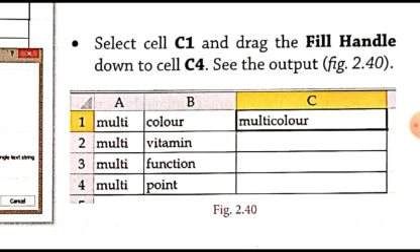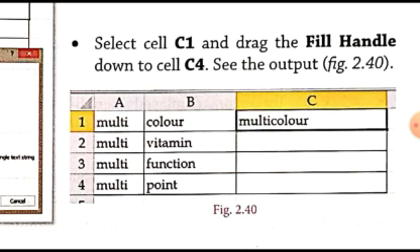But we want to use this formula in other cells also. How can we do that? We can copy this formula to other cells by dragging the fill handle. By dragging the fill handle, we can copy and paste the same formula into other cells. Currently this formula has been entered in the cell C1, so we will select the cell C1 and drag the fill handle down to the cell C4. The formula which was previously only in cell C1 will now be copied to the cells C2, C3 and C4.